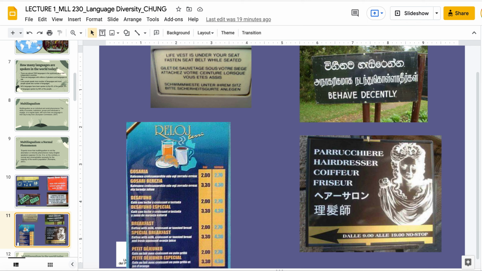If you see something in French and in German and in English, it could be that you're on a Swiss airplane, where all these languages are frequently spoken, right? If you see this hairstylist right here, they have a lot of different words for hairdresser, hairstylist, right? So maybe this is a sign to indicate that there are a lot of different linguistic communities going on. Maybe this is a very touristy area, right? And maybe they need to reach as many people as possible.